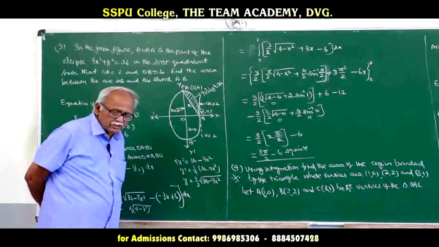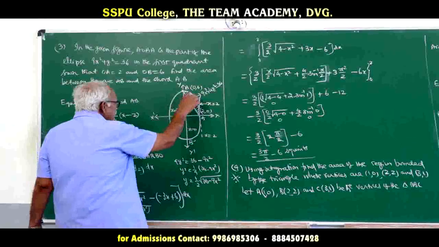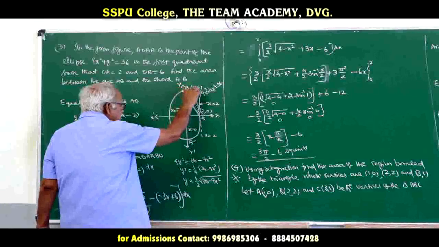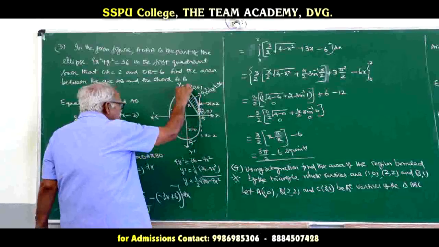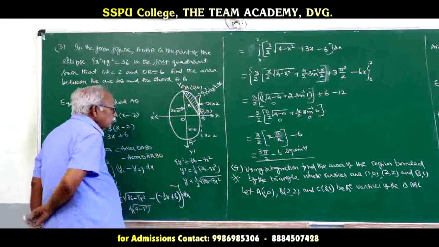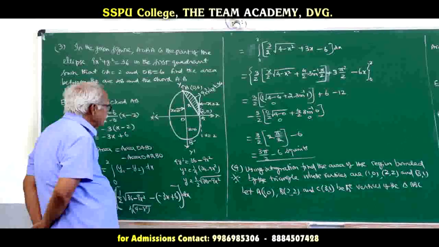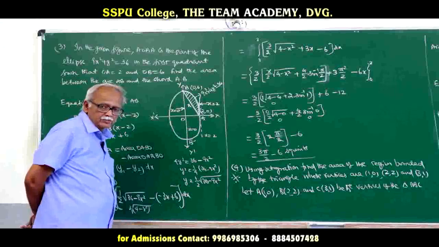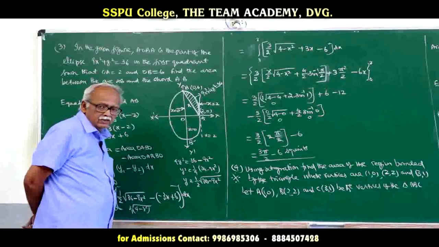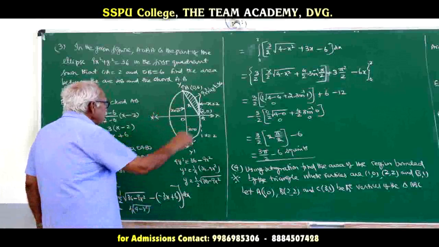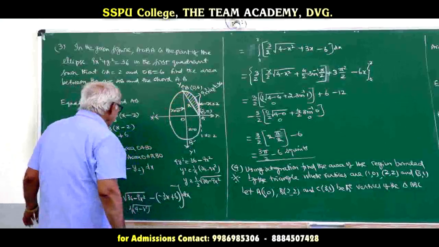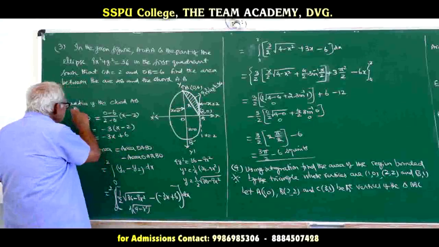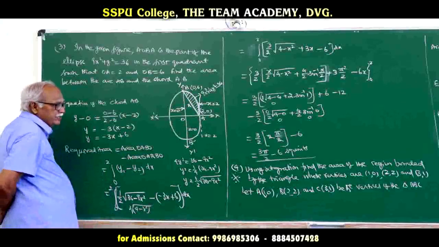What we have to find out is the area of arc AB minus chord AB. See, arc AB is this and chord AB is this. So, we have to find this area, upper curve minus lower curve, two curves are there. The upper curve is the ellipse curve and the lower curve is the straight line. But we do not have the equation of the straight line. We have got 2 points A and B. Now, we can find the equation of the chord AB.